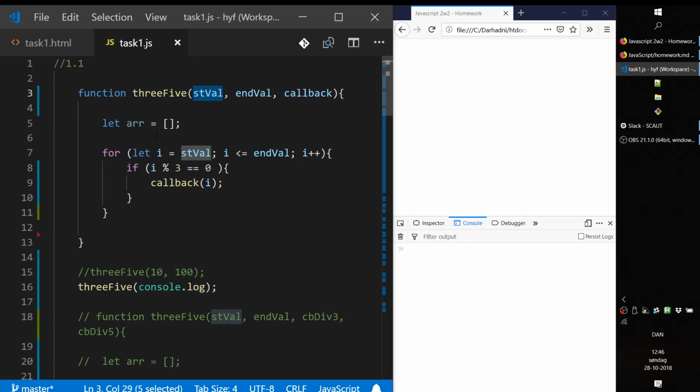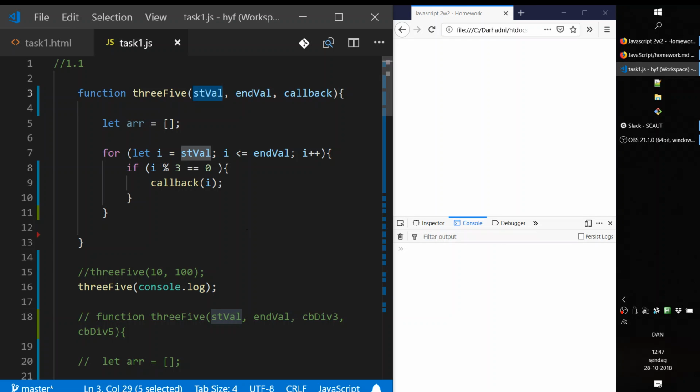I just want to say, maybe you could help others to understand when you did the first part, the function is what it is, then the second part when you added 3, 5, and add 3 and 10, and console.log. So at that point when you do the callback, 3 is the start value, 10 is the end value, so it becomes let i equals 3, and i less than or equal to 10. So the console.log is the callback. When you have callback into i, it becomes console.log into i. So each time it loops over,